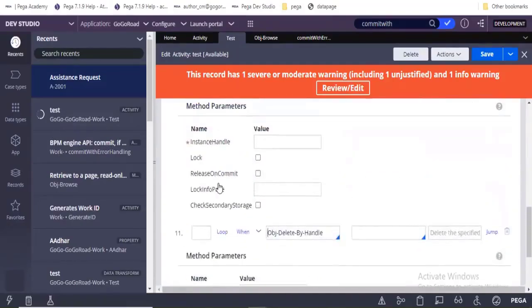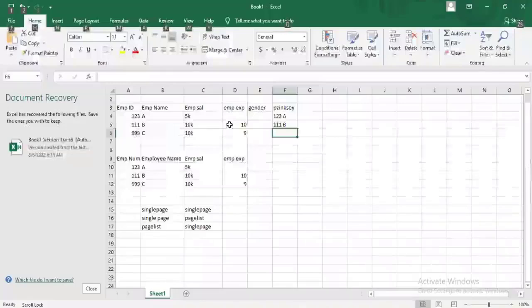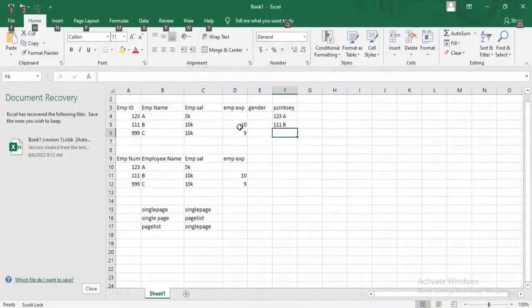Same method, parameter: instance handle. You have to pass the pzInsKey here so that it will delete that particular record. It depends on the availability of the data.